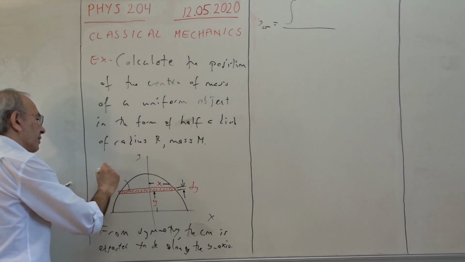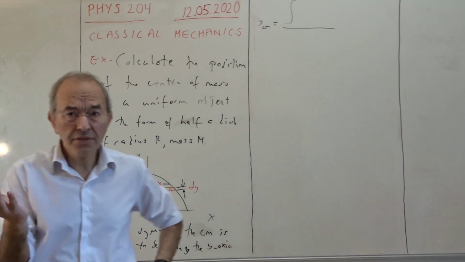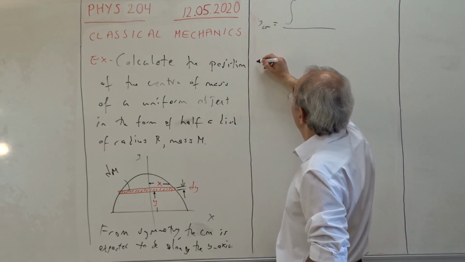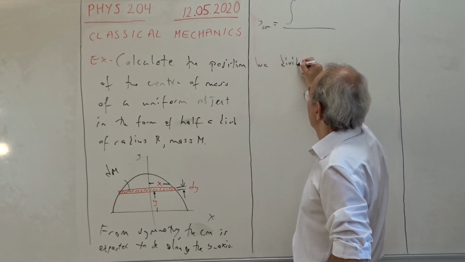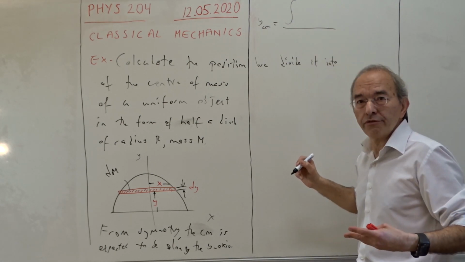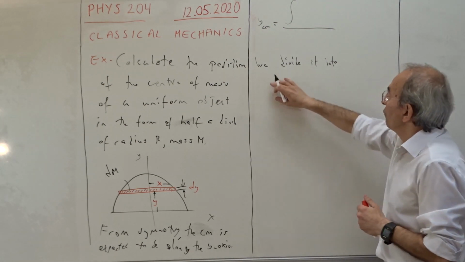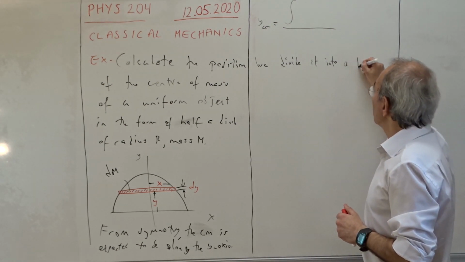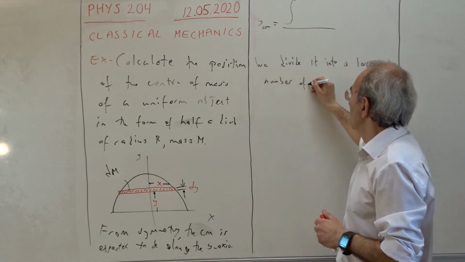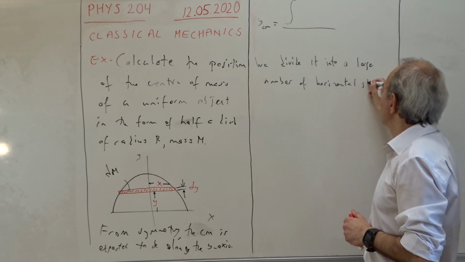And it has a mass, let's say, dm. This horizontal strip, we divide it into a large number of, maybe 1 million pieces, so that we get a better and better result. We divide it into a large number of horizontal strips